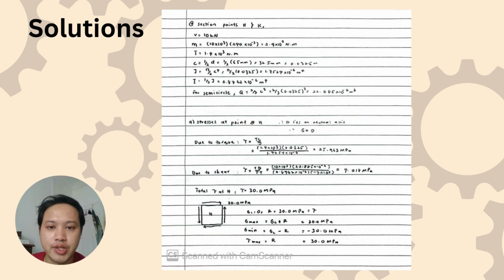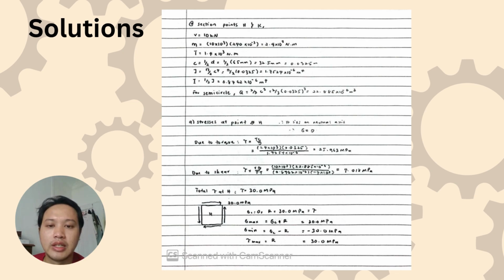Okay, now for the solution. First, we need to identify the geometries and perform a load analysis. After we do that, we get V equal to 10 kN. To calculate the M, we just multiply the 10 to the power negative 3 by the distance, which is 240 mm,